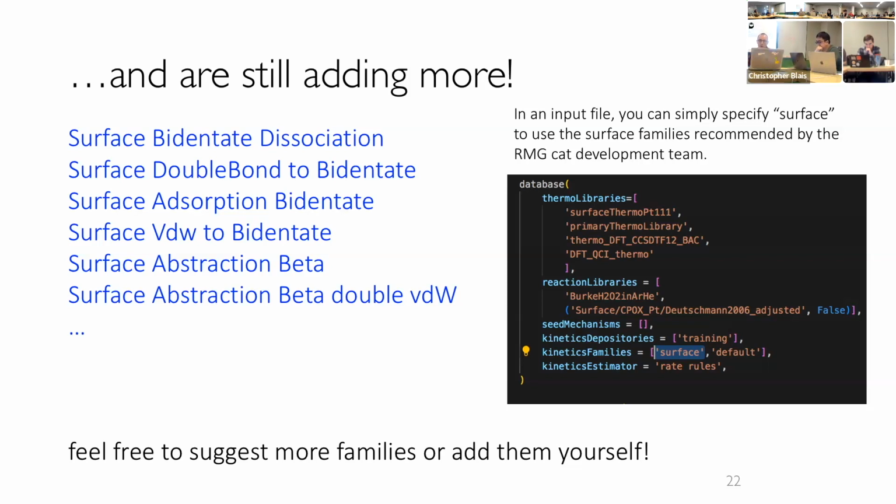So we've added in a lot of reaction families. I was having a discussion during office hours this morning with someone who's using RMG Cat, and I think the downside of having all these new reaction families is that we can guess at a lot of different chemistry, but we're in the process of filling in rate rules for those new families. We have that the chemistry is possible, but we don't necessarily have the best estimate for that chemistry.